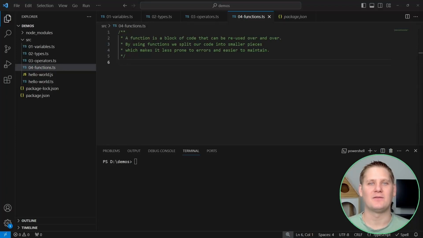Now we're going to talk about functions. A function is a block of code which can be reused over and over. By splitting our code into smaller functions, we make our code less prone to error and more maintainable. If you have a distinct piece of logic, such as converting between Fahrenheit and Celsius, this should go into its